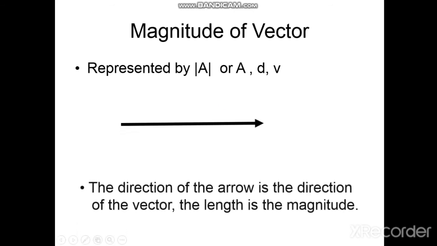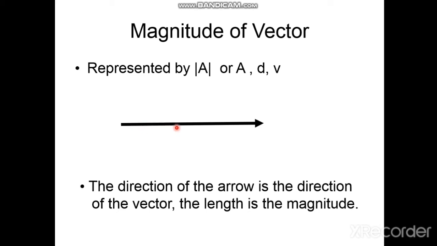So look at this figure. Here is a vector. This is the starting point and this is the ending point. The distance or the length between the starting and ending point is basically the magnitude of the vector. Say the starting point is your home and the ending point is your school. So the distance between your school and home is determined by a meter rule or any measuring instrument, measuring tape or something. That length or that distance will be the magnitude of the vector.